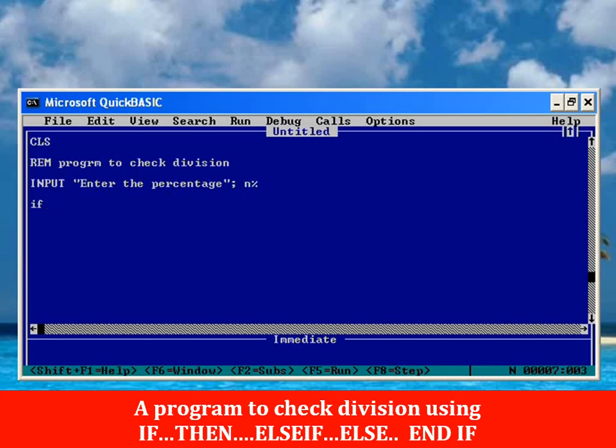Now, if percent is greater than or equal to 80, then express the statement: print distinction with first division. Press enter. Else if